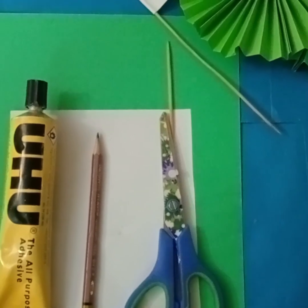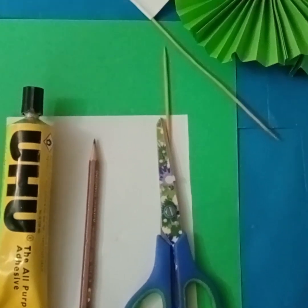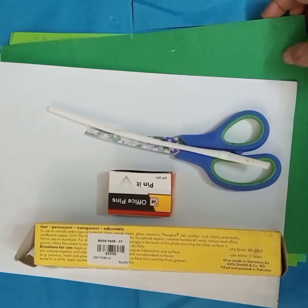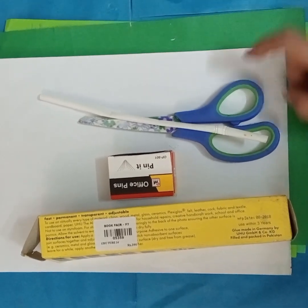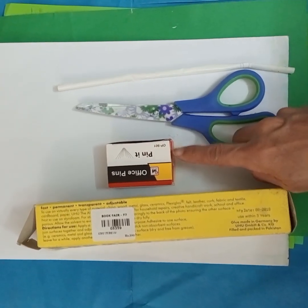Hi friends, today you are going to learn how to make a paper windmill. Let's get started. Friends, for this activity we need green A4 sheets, a white A4 sheet, scissors, one straw, common pins